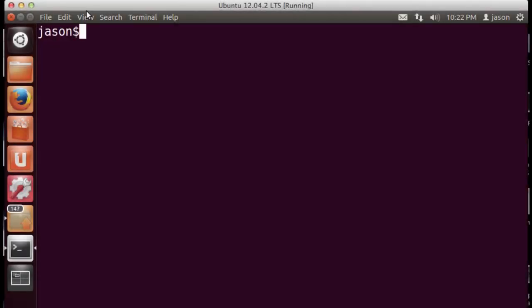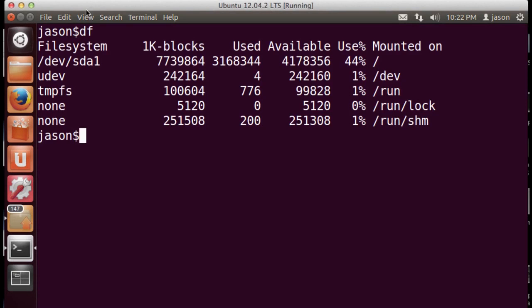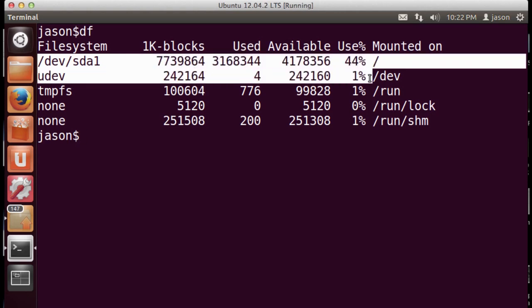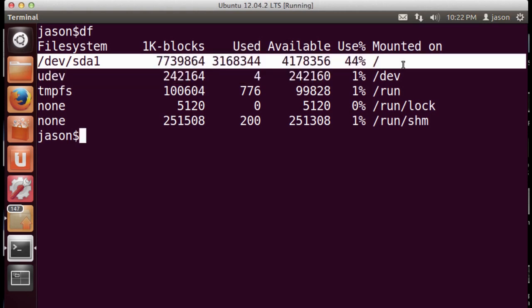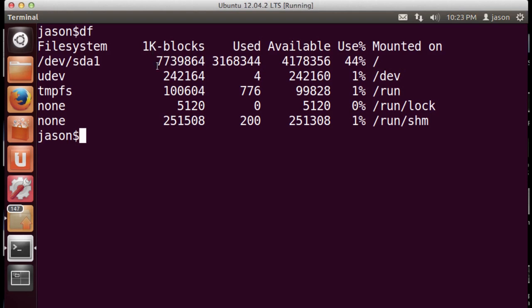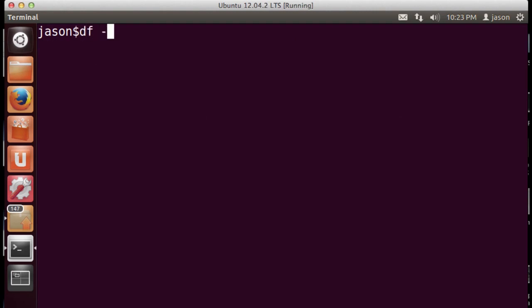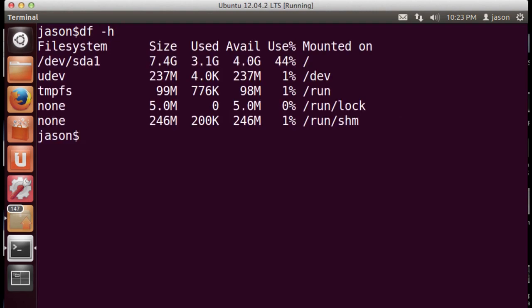The first command to take a look at is the disk free command. If I do df, it shows me all of the file systems available on my system, and you'll note that the file system mounted as my root file system lists in 1K blocks the total number of available space. I'm a big fan, though, of reading things like a human. So if I do df -h, notice that it shows me all of this information in gigabytes, -h being the human option. So this gives you information about all of the mounted drives on your system, how much space you've used, and how much is available. The other thing you can do